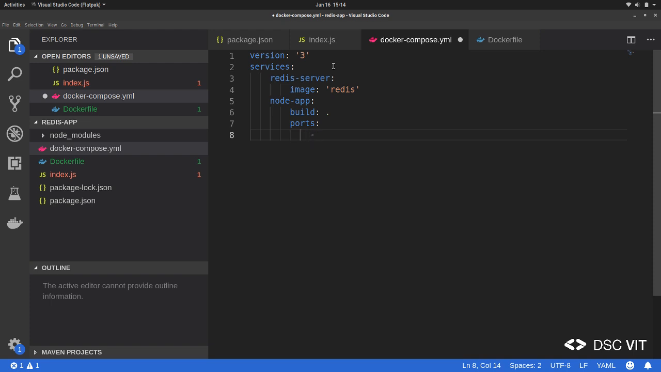Now the dash specifies an array in YAML syntax. So what this is saying is bind port 8080 on the local machine to port 8080 on the container. And I'll save this file, and we can get back to our